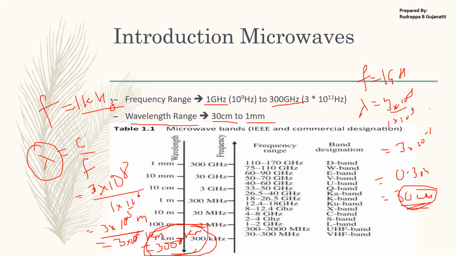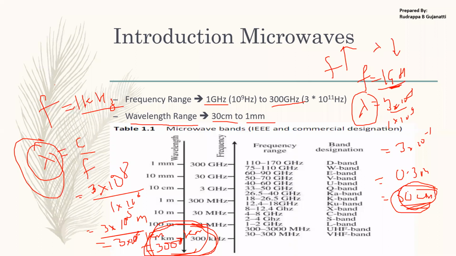So it is because of these factors. The lambda for one frequency is 300 kilometers, whereas the lambda for the other frequency is 30 centimeters. If I keep on increasing the frequency, the wavelength keeps on decreasing. It becomes less and less, and it might reach millimeters if you go to a very high range. So in that case, this is where the concepts of distributed circuit theory and lumped circuit theory come into play.